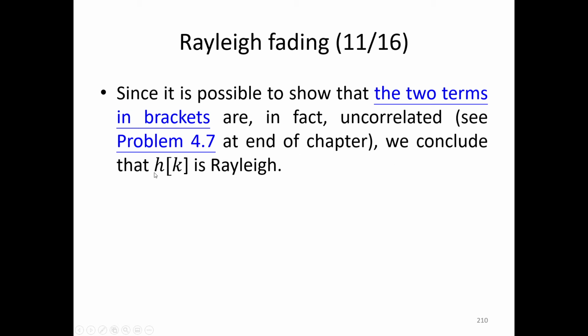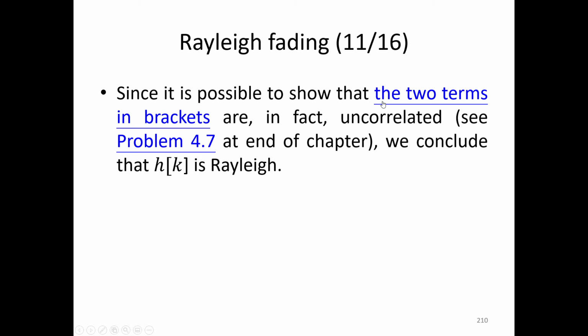We conclude that h of k is Rayleigh. 因为这是有可能的，能够证明呢，刚才在方括号里面的两项，事实上是不相关的。OK，请看到呢本章最后的问题 4.7，所以呢我们可以下一个结论说 h of k 是瑞利分布的。